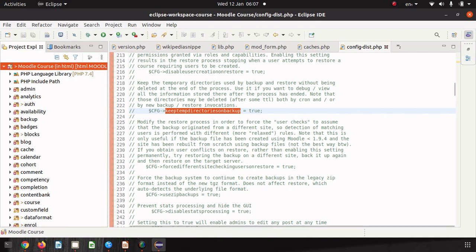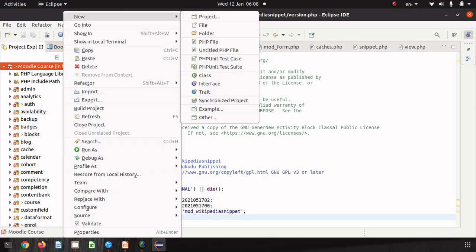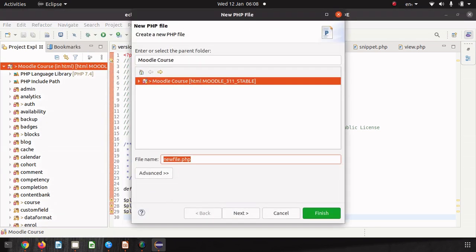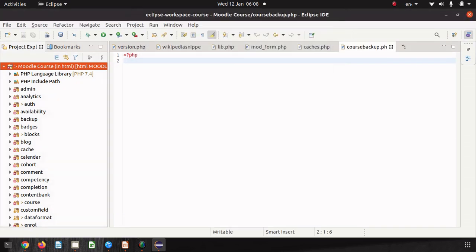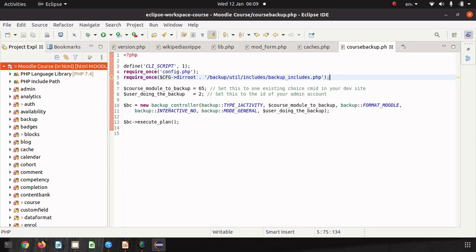So I'll close this file, and we'll go ahead by creating the first one, a PHP file, and we're going to call it course backup. You can call it whatever you want really, because you're going to run it from the command line anyway. So this is our file. We define that it's a command line script. We require the config.php, and we require one of the backup includes files